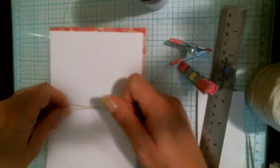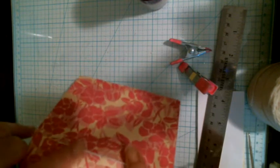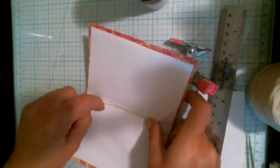And you are going to stretch, but don't buckle, okay? You just want it to where these are tight so that your paper's